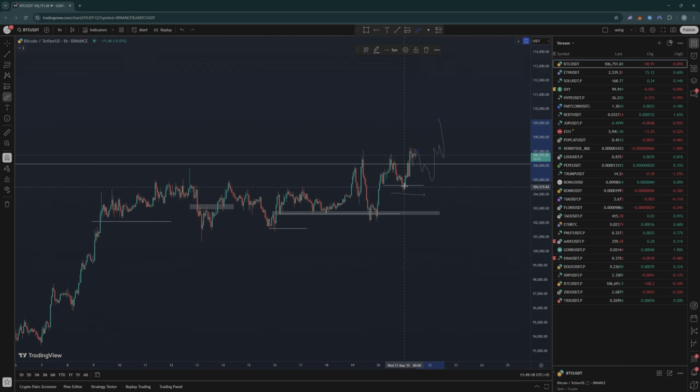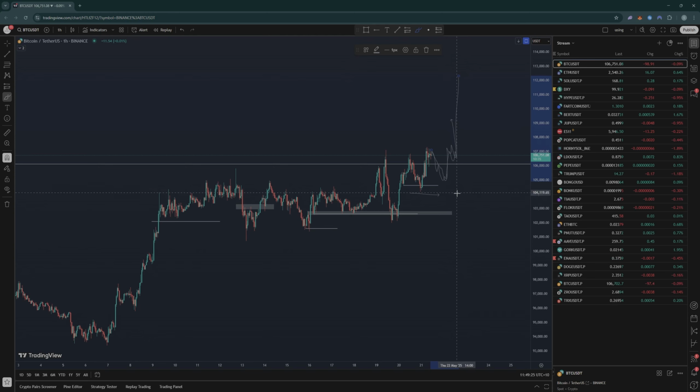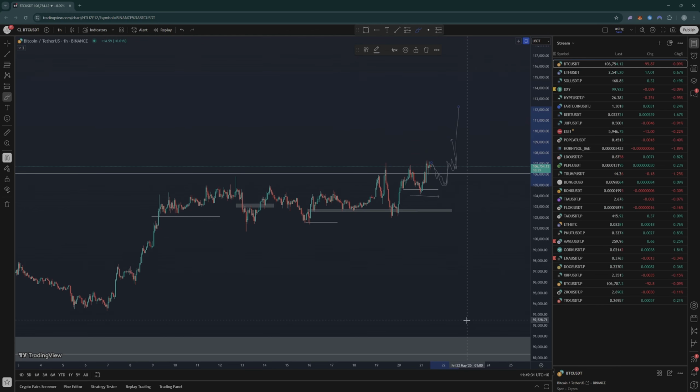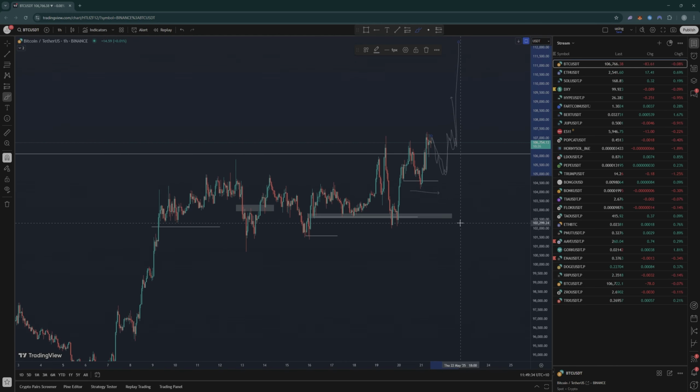So the most recent accumulation is this level here. So even if we drop down, if we fall back into it and see buyers step back in and we maintain solid daily candles, then the road to like 115, 120, 130 is definitely on the cards. So that's the first scenario. That's what it will look like over the next couple of days.